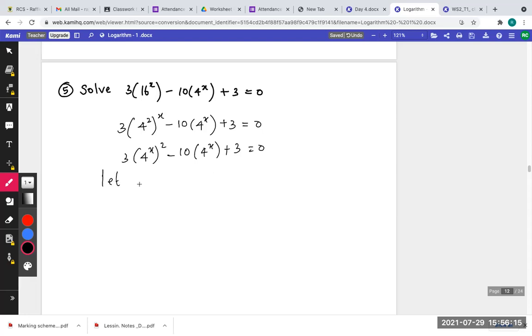Now take it, assume let 4 power X equal to Y. So it becomes what? 3Y square minus 10Y plus 3 equal to 0. You solve it, you get the Y value, put it back here. Again, you apply ln on both sides in the small equations, you get the X value, right? So the only thing is, how do you consider the first part? Okay, how do you convert it into a quadratic? And then you take the assumption, right? We assume that 4 power X is giving another variable to make it a proper quadratic.